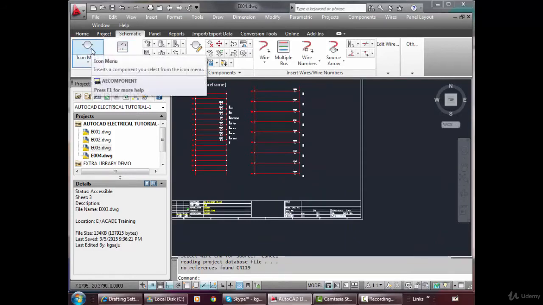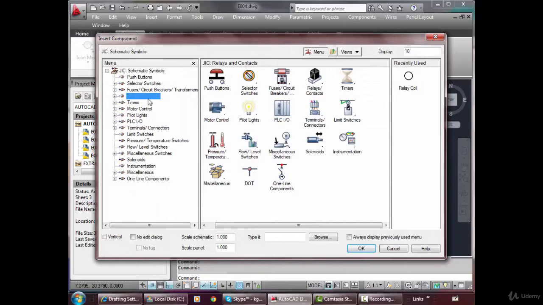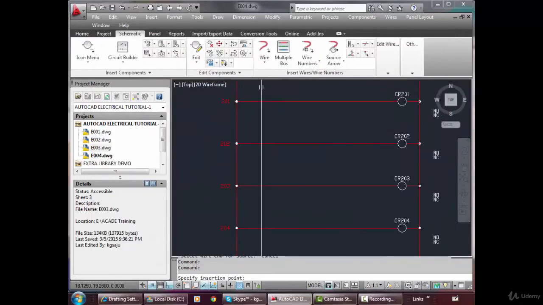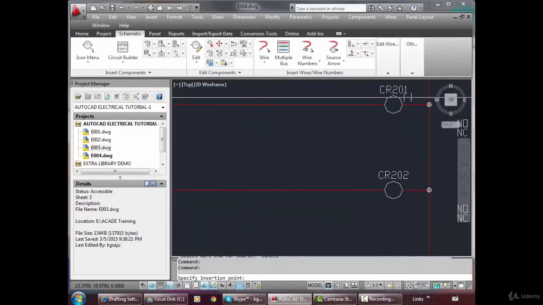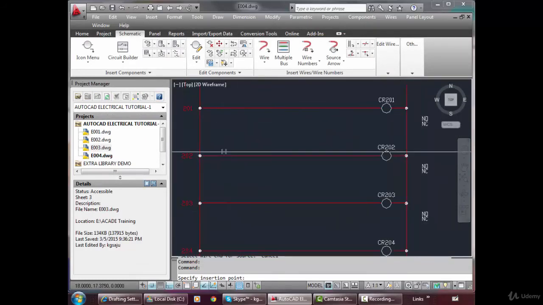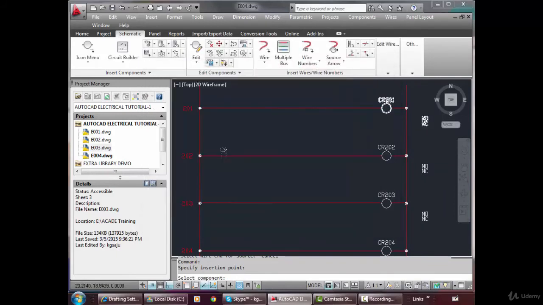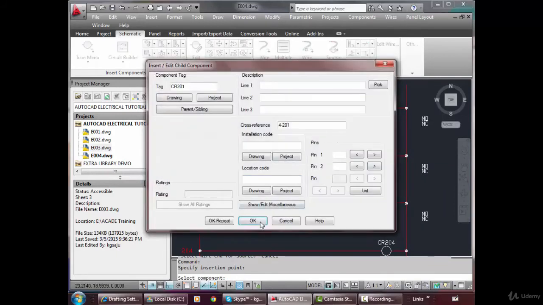Now if I use some cross-referencing relays, I am using some relay contacts. I am using this relay contact here, CR201 parent. I am putting this one.